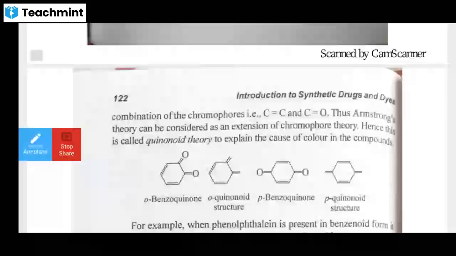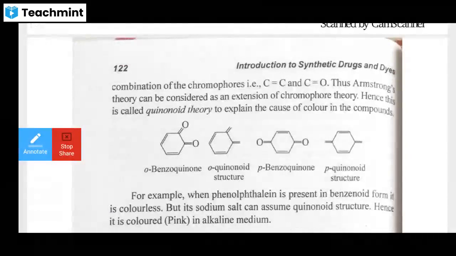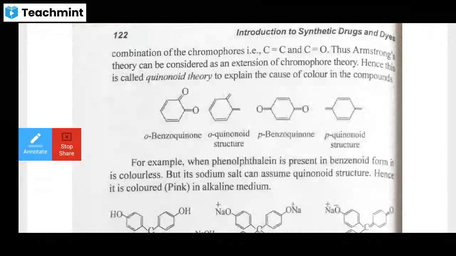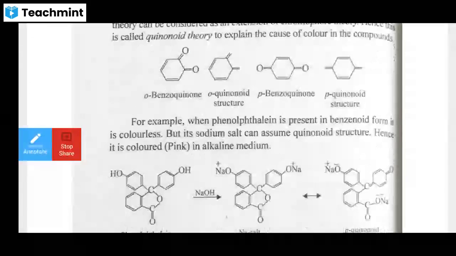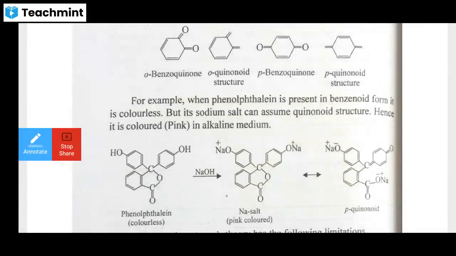Hence this is called as quinoid theory, और to explain the cause of the color in the compound। अब देखिए यहाँ पर बेंजीन रिंग की ही एक्सटेंशन किया हुआ है, सारे जो स्ट्रक्चर हैं बेंजीन रिंग के हैं लेकिन एक्सटेंशन है। बेंजोक्यूनोन, ऑर्थोक्यूनॉइड स्ट्रक्चर, पैराबेंजोक्यूनोन, पैराक्यूनॉइड स्ट्रक्चर, these are all the extension of the benzene rings। तो क्यूनॉइड स्ट्रक्चर फॉर्म हुआ है तो इसको कुछ ना कुछ कलर रहेगा, ये कलरलेस कंपाउंड नहीं रहेंगे। तो when phenolphthalein is present in the benzenoid form it is colorless।